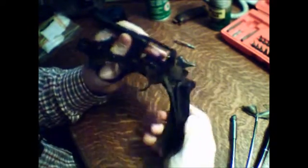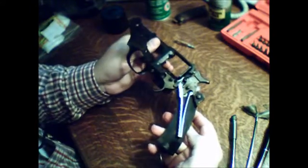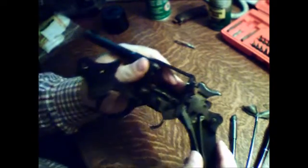So that basically exposes most of the mechanics of the firearm. It's a very simple firearm. There's not a hell of a lot of parts to it. It's pretty easy to take apart. Another thing that's very interesting, I'm not sure if you're going to be able to see it or not,